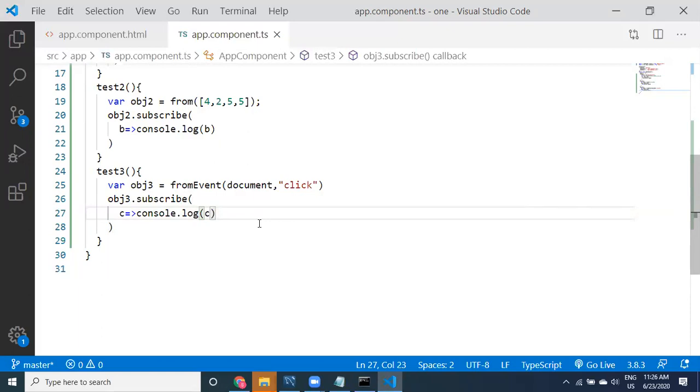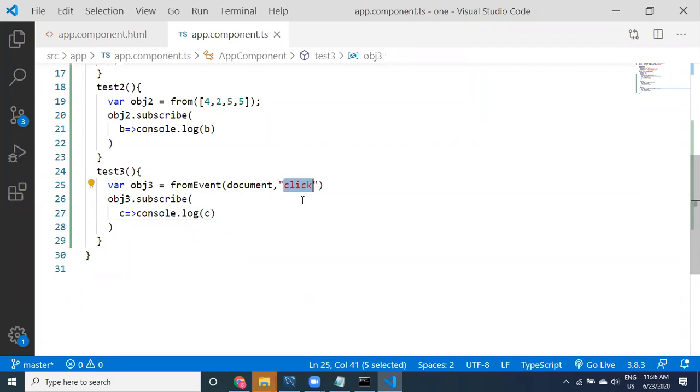Now what happens whenever you click on the event is very interesting, guys. This is going to work throughout the application, anytime. Whenever you are clicking on some document, this logic is going to get executed. This observable keeps on running and tries to read the event. Which event is it taking? Click. I have taken click.